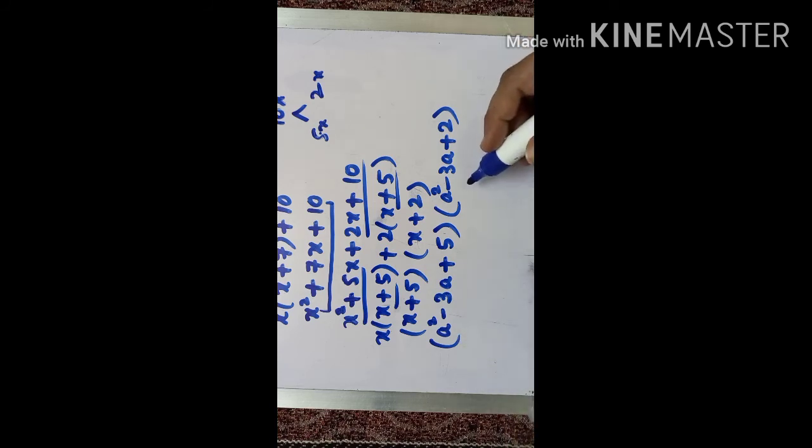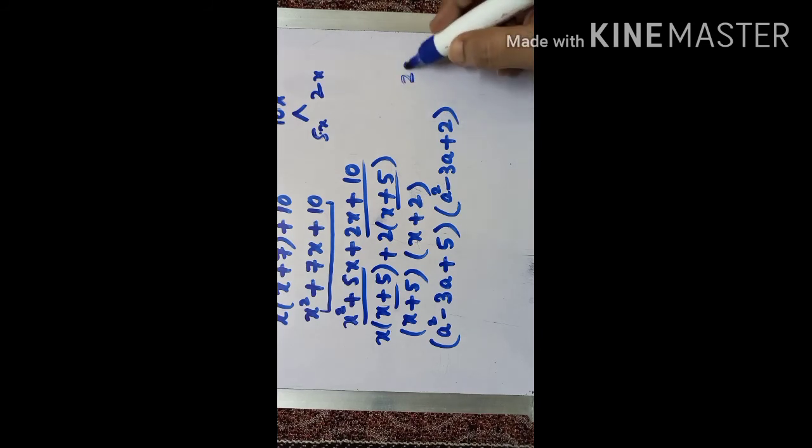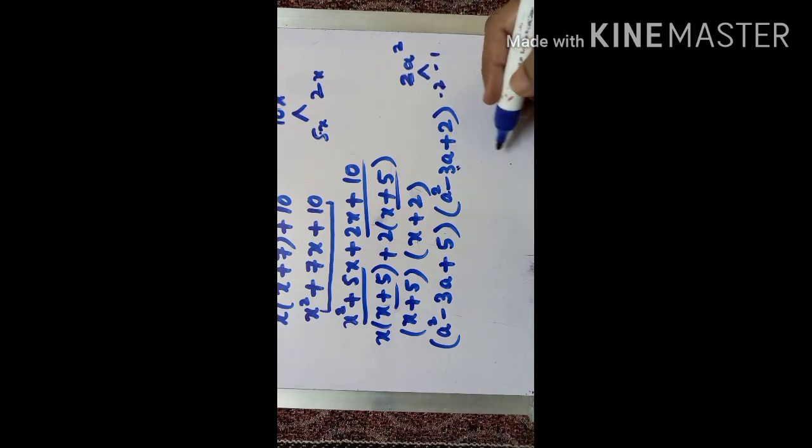Now here a square minus 3a plus 2. Okay, this is a square into 2 will be 2a square. Now this 2a square, 2 ones are 2. 2 also will not come in any other table than 2. So 2 ones are 2. But 2 and 1, when you add or subtract, you will definitely get minus 3. Minus 2, minus 1, if you do, you will get minus 3. So let us just factorize this one.